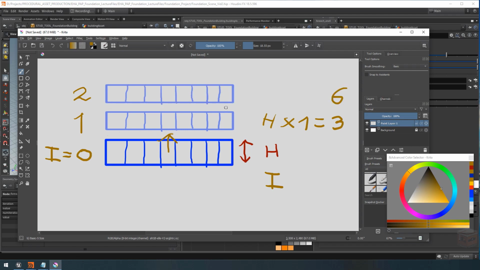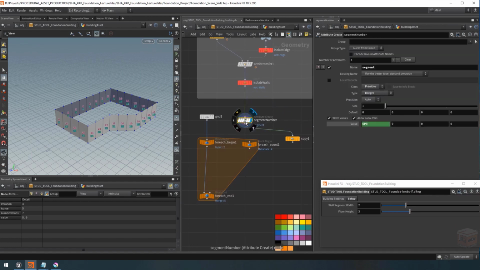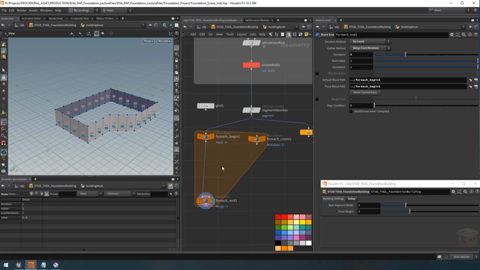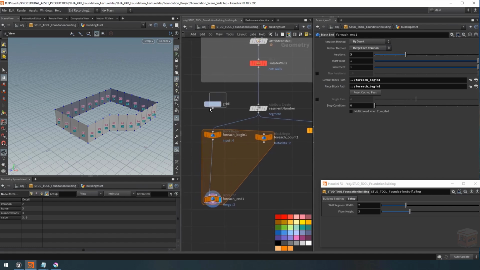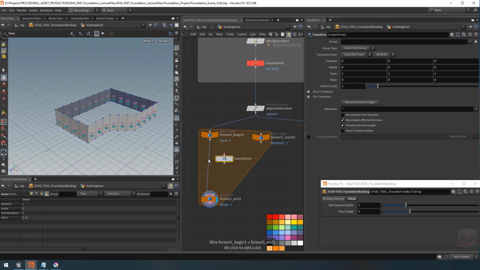So if I apply that concept to my building over here, and I grab, let's say, the segment number node, and I plug it in instead, and I run it over, I don't know, 3 iterations, then right now it's going to just duplicate them all up at the same level, because we're not transforming it at all. So to fix this, what we can do is add a transform node. And this transform node is going to allow us to move our floor up by a certain amount for that